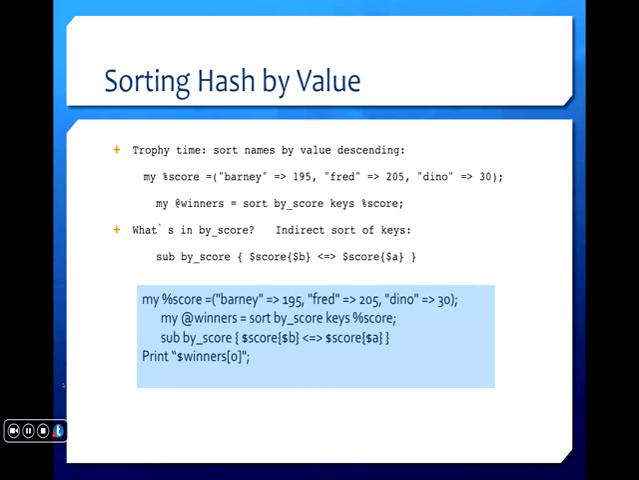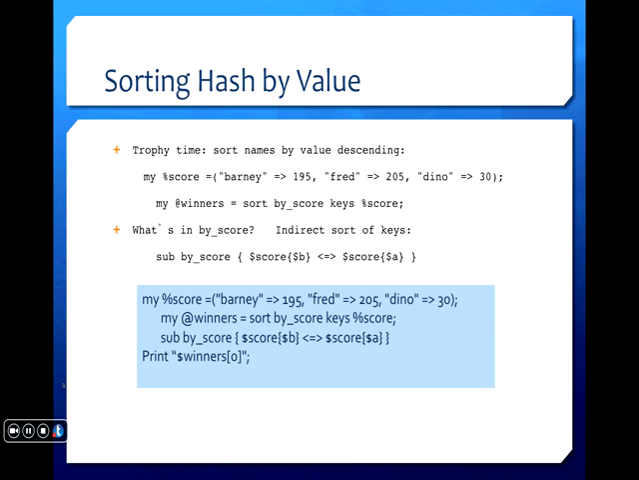So here what I am saying, okay, call the sort function and then call the subroutine that makes the comparison, named by_score. And what I am actually sending is the keys from the hash table named %score. Okay, so what is by_score? By_score is going to do the following. The subroutine by_score is saying bring me, from the keys of score that I sent it,